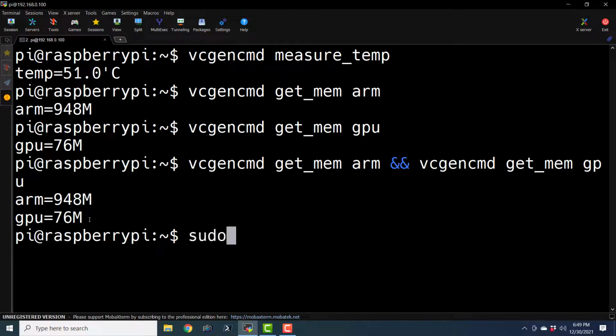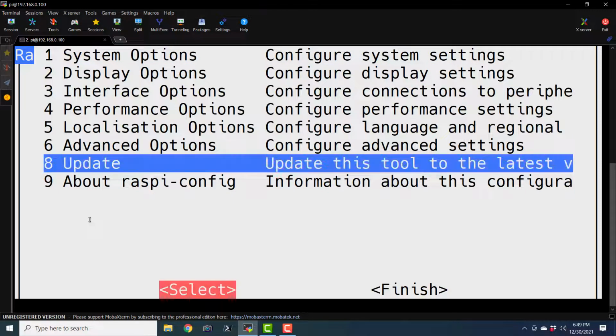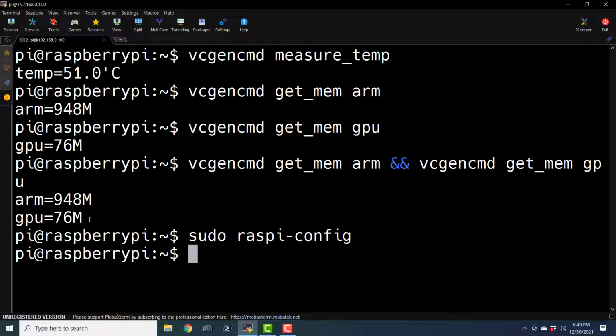Finally, we can also see all these things in sudo raspi-config, and this command is also specific to Raspberry Pi computer and Raspberry Pi operating system. Okay, so you can go through this entire command in your spare time in case you are using Raspberry Pi. In case you are using any other Linux or Unix related system, then this command is not going to work. So the last few commands that we saw, vcgencmd and raspi-config, are only specific to Raspberry Pi operating system on Raspberry Pi computer.